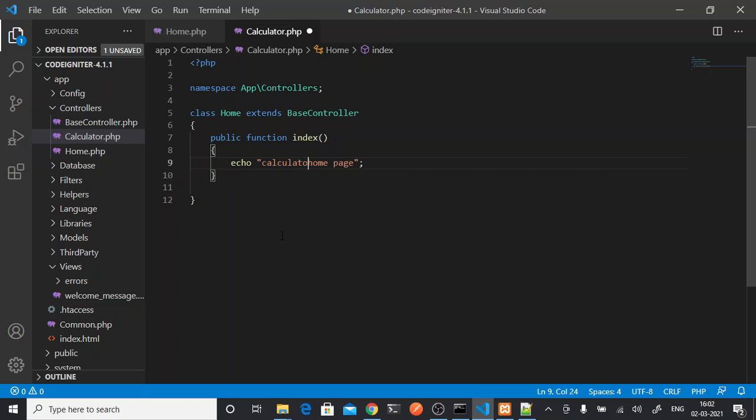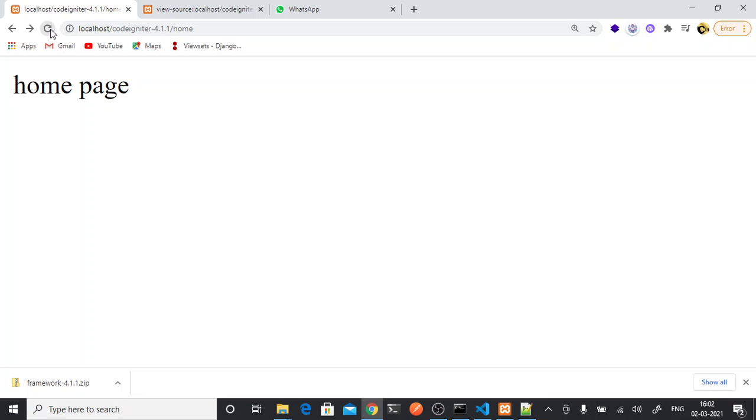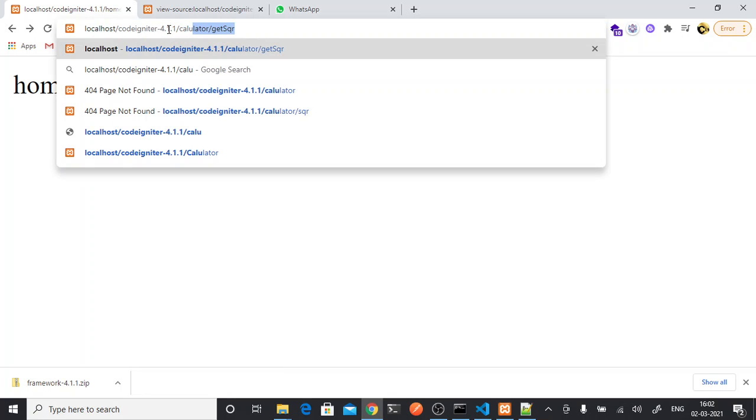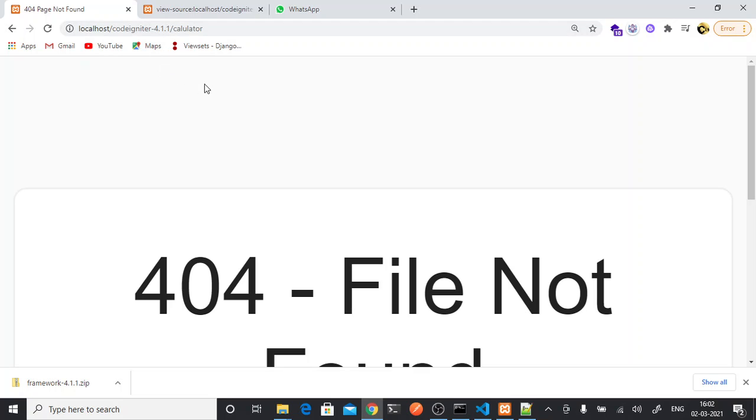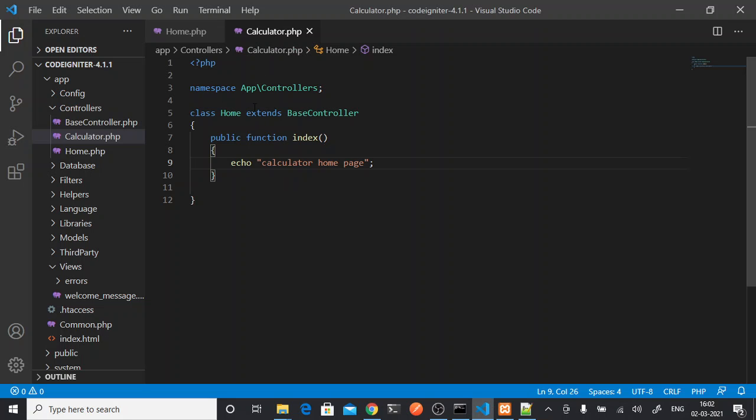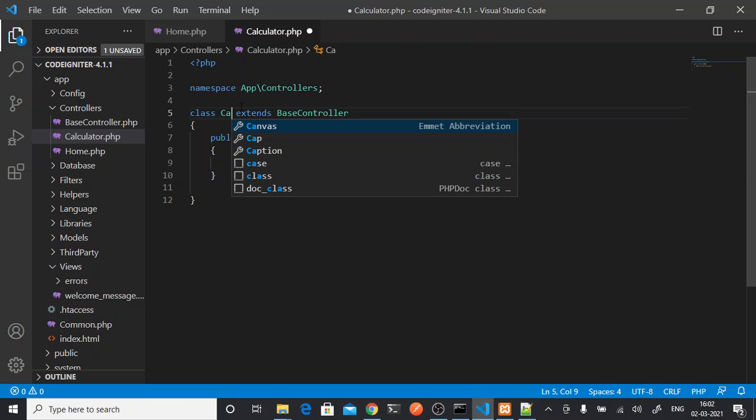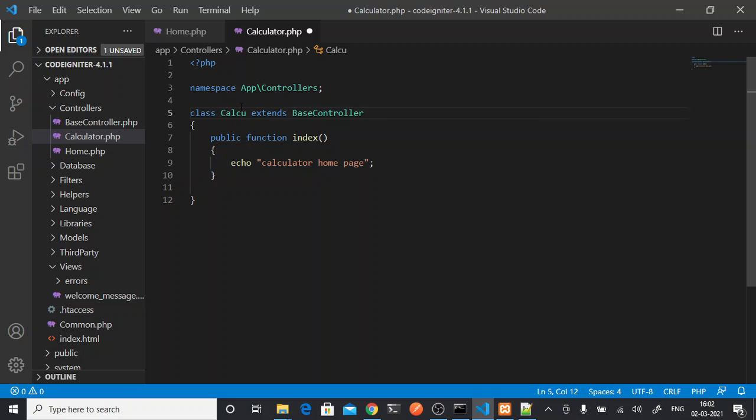So calculator homepage. So this is home. Now to go to calculator, we'll say calculator. Give the class name also, same class name what you have given to your file.